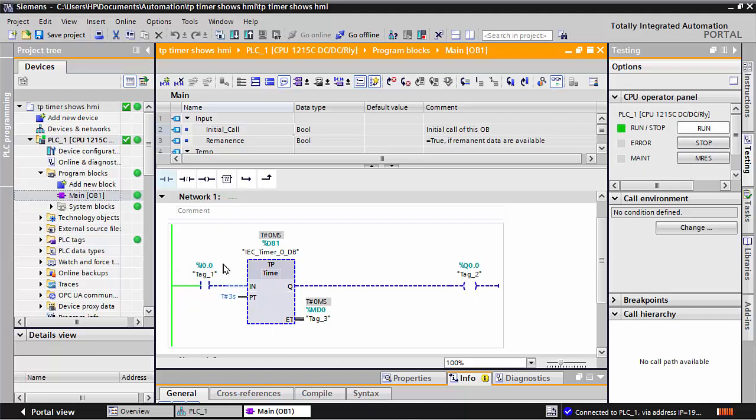See now, when I give signal to I0.0, output Q0.0 will be on, and after the time we put, 3 seconds, it will be off. See, it's okay. Now if we need to set this time from the HMI,